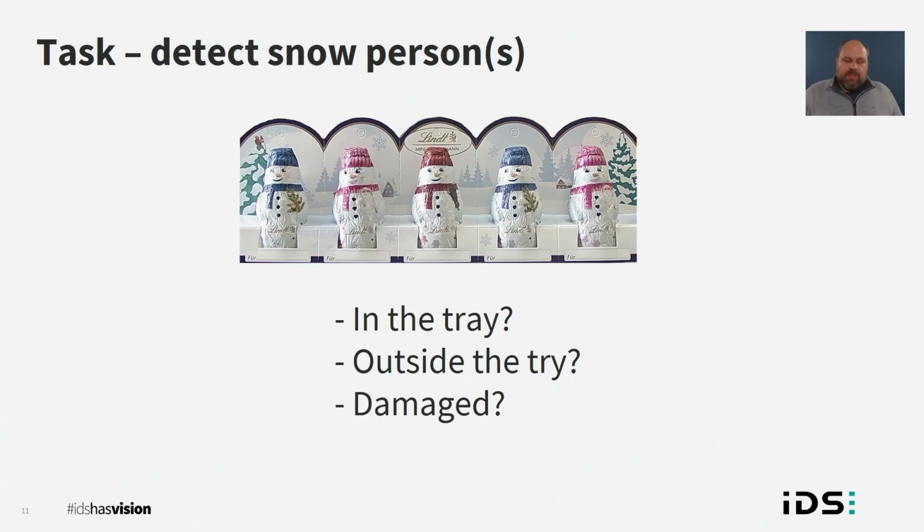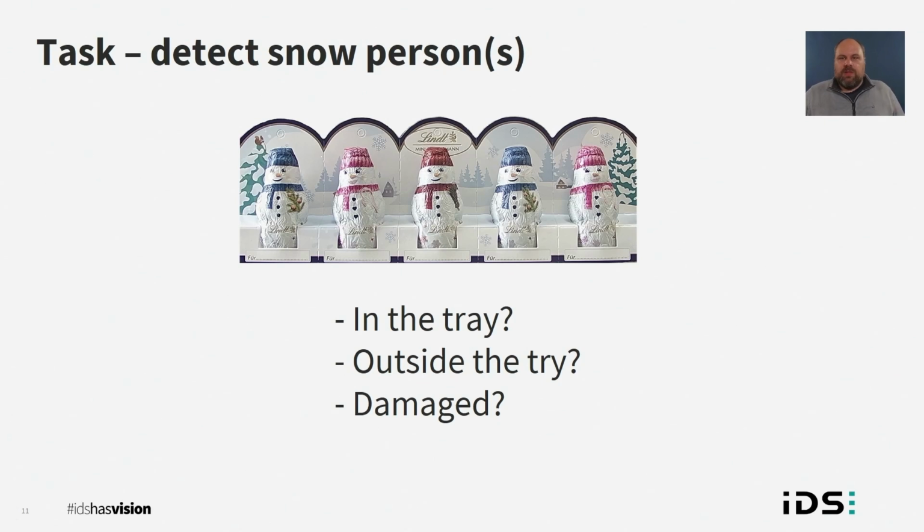And if we think about all this stuff a little bit closely, then our imaginary goal here would be a quality inspection for the snowpersons, where we have to ensure that a snowperson is present, and in case it's not present in this state or in some way in a condition that is not perfect, do we still detect it? So for the first,